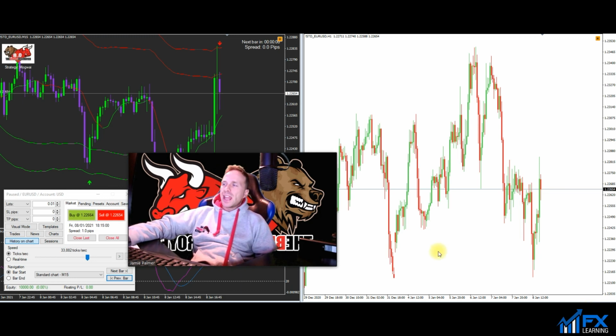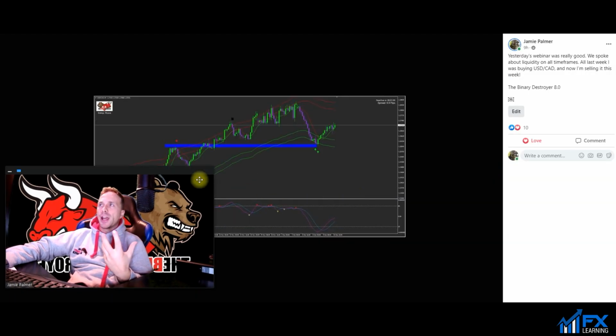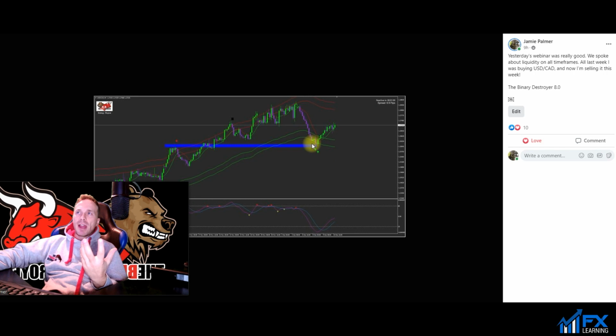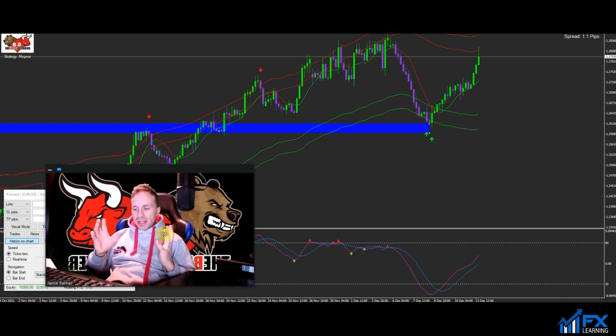Now, I called a trade yesterday. I'll show you the trade yesterday. This is it here. It is a buy on USD CAD on the 4-hour time frame. And if you actually have a look at USD CAD now, look at it. It's rocketed straight up. Now, I've been trying to teach this over the last few weeks with the BD members,